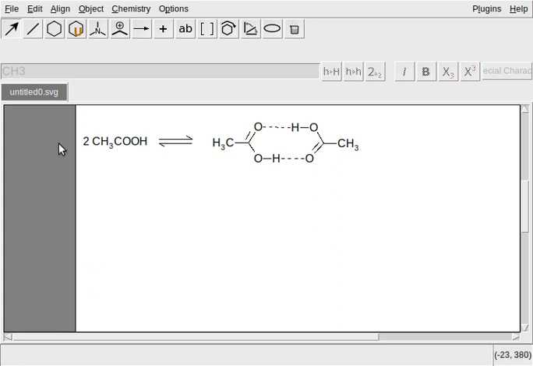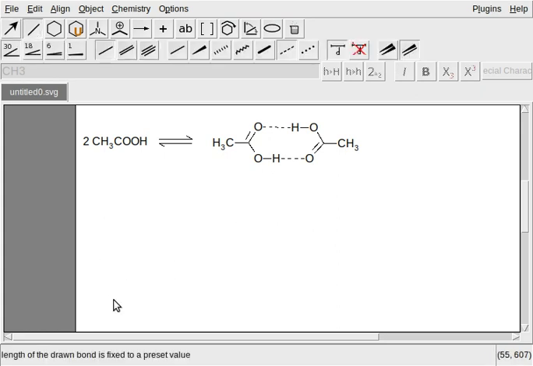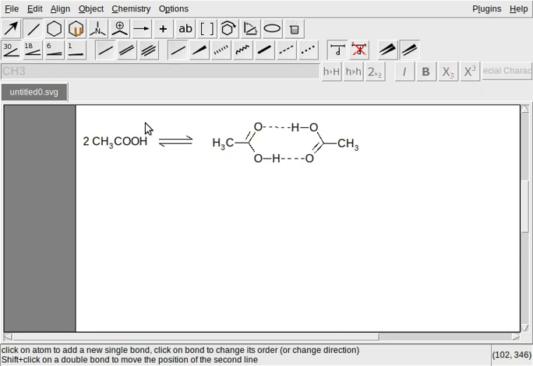First, let us draw this butane structure. Butane. Sorry, this is dotted line. Okay, we must correct the single bond to normal type.